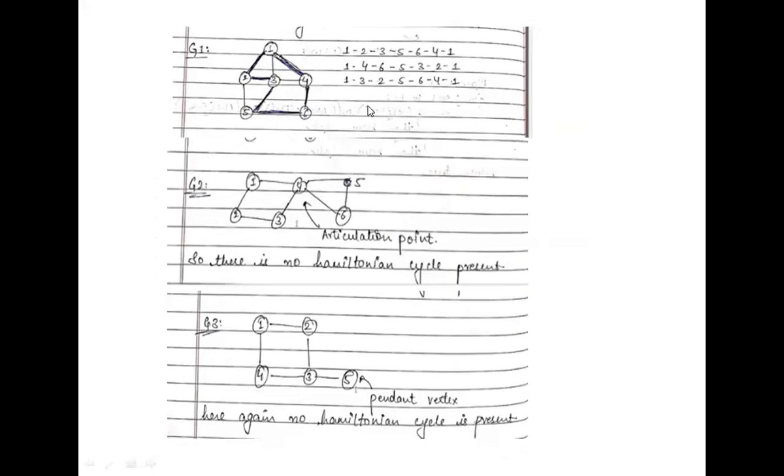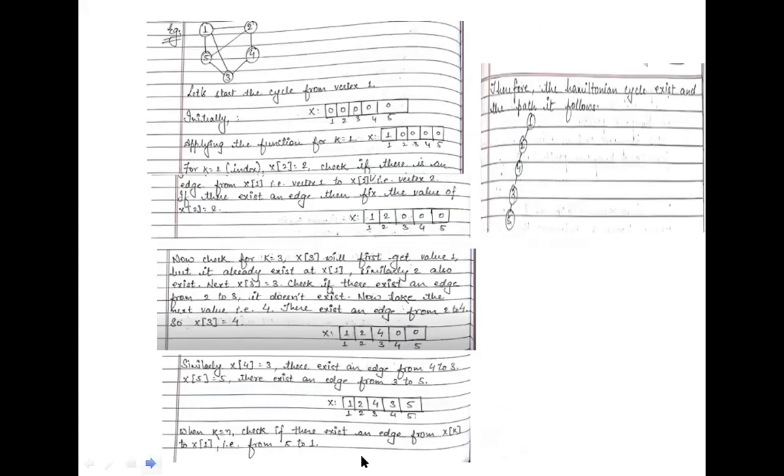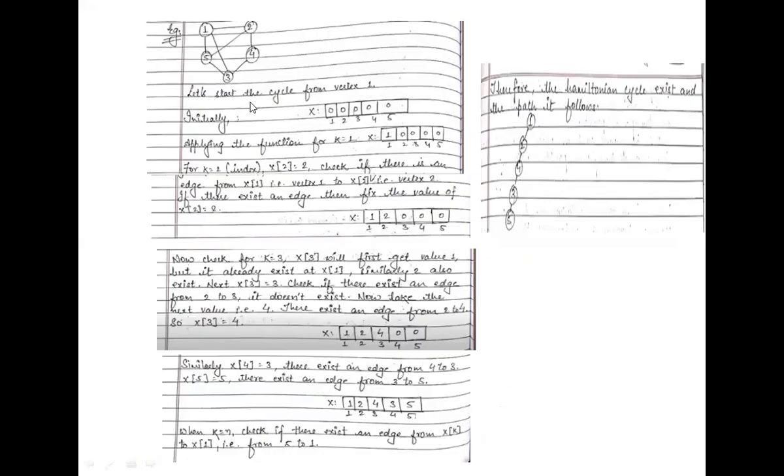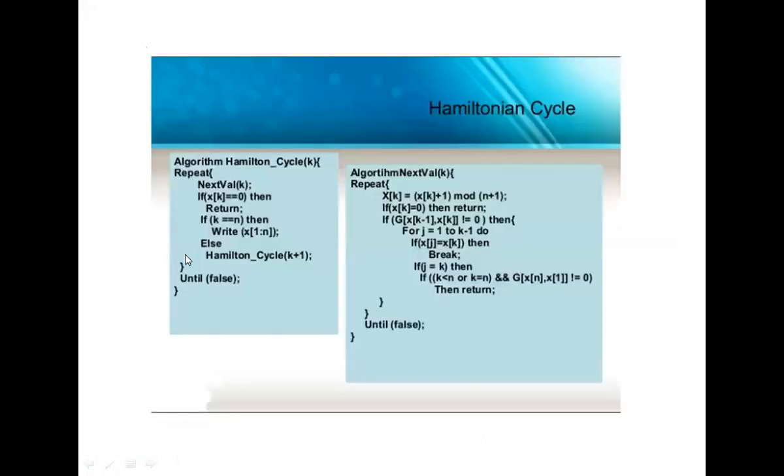So this is the Hamilton cycle. So now we have to identify the problem here. If you can't understand, I already told you in the previous class, k is the position of that index here. k equal to 1 means the first one, k equal to 2 the second. The same algorithm we are using with some changes here. So I am considering this graph, and I am explaining this algorithm. So far clear, students?